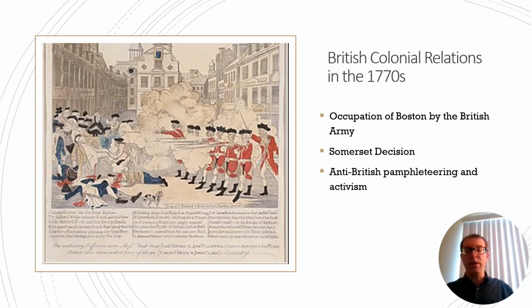If you were a tax assessor or an official of the British government, you could be targeted by mobs and scared for your life. There are a few instances of this happening in Boston. And so the British Empire sent some troops to occupy Boston to try to keep order,